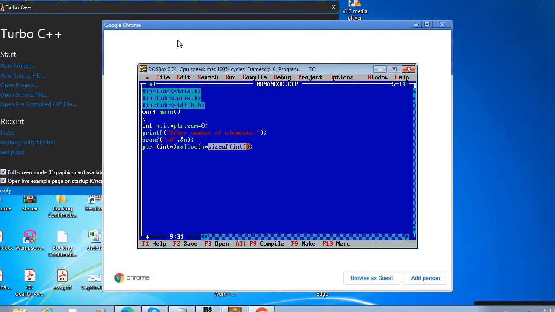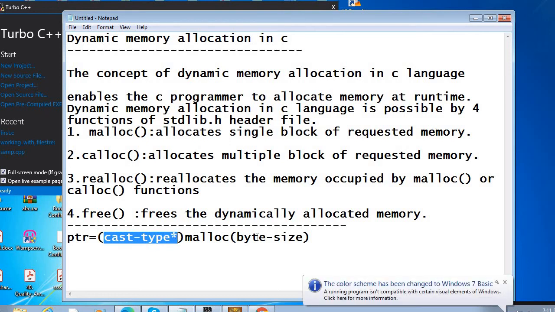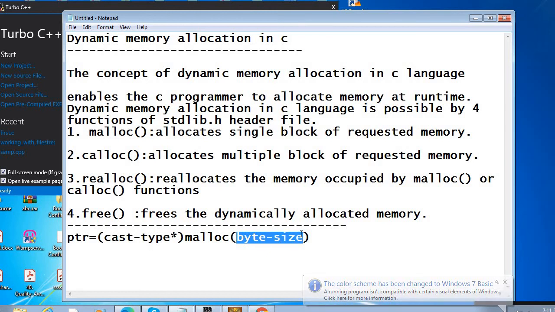Here, whatever we wrote in this notepad, in this we are writing sizeof. Here the cast pointer, I am writing integer pointer, and in byte size I am going to write whatever size you want.